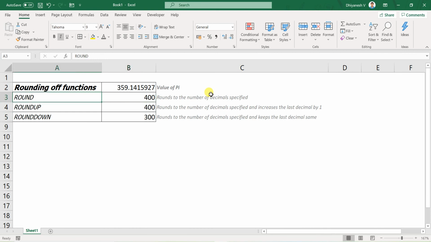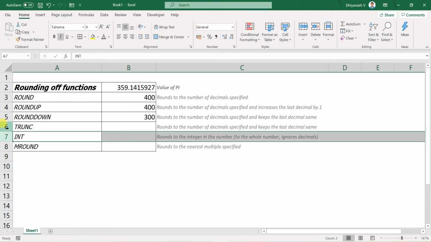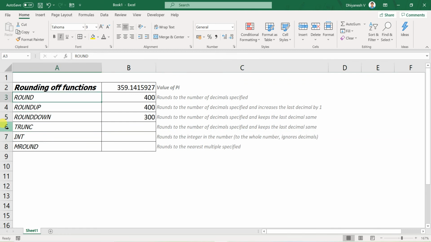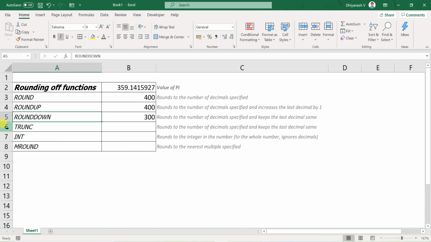So these things are used in various ways, but mostly the integer formula is very rarely used because we can use the same round formula itself there, or round down formula. Integer is very rarely used. Truncate is also very rarely used because the round down function gives the same answer as the truncate function would give. Therefore, these two are very rarely used, and roundup is also very rarely used because it is a rare scenario where you want to round it to the next number itself. A normal rounding is followed everywhere, so this is very highly used, and round down will be used in specific